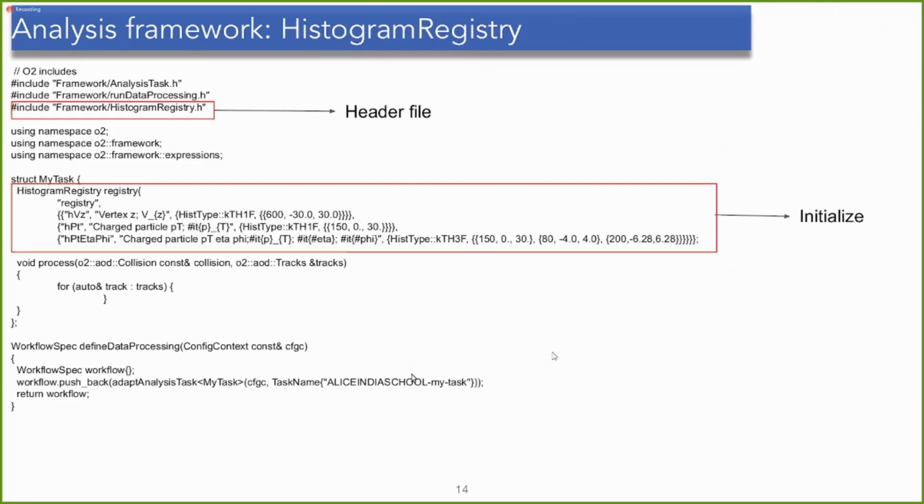Now, as I showed, first we made a structure of our analysis task. Then we put a process function in order to access the event and track. Now what you need to do is store the information of your analysis, and you can store it in some histogram. And in order to book a histogram, the O2 framework